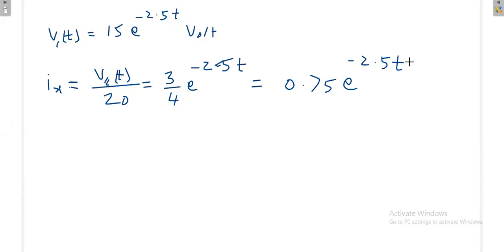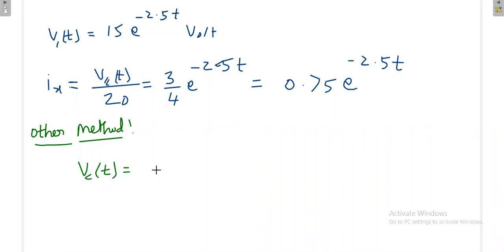Now I will go by some other method. For that, one formula is there. You can also solve the same question with the help of Laplace transform, but we will not do the Laplace transform now. In later classes we will try to solve with the Laplace transform. You try to remember this formula, as it will be helpful in competitive exams.